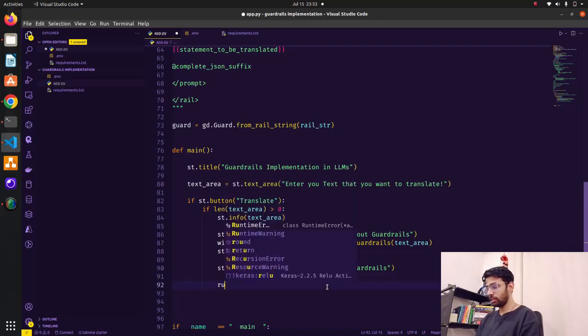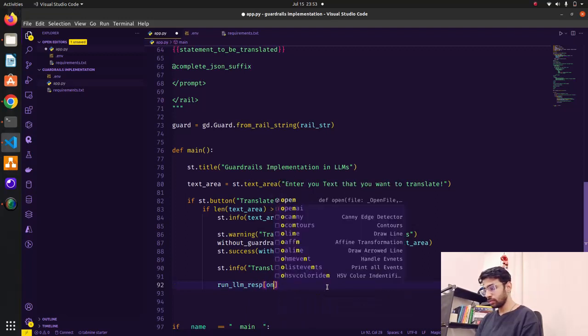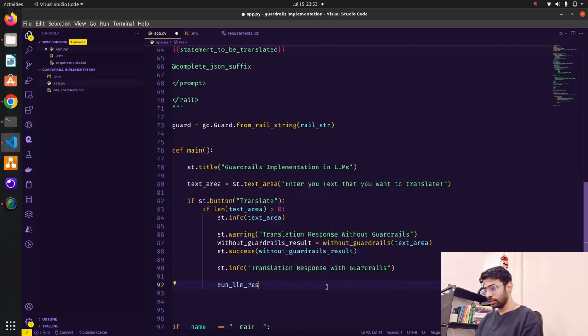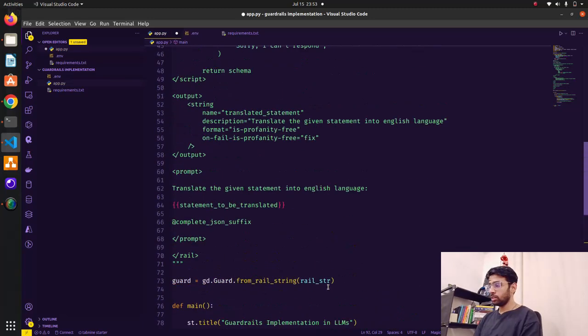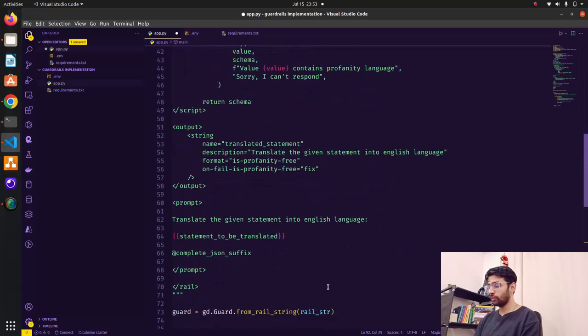So let's write a variable called run LLM response, and inside this I'm just gonna use, okay, so we also run LLM response. Let me just see that function. Okay, return schema. Okay, we also need validation.